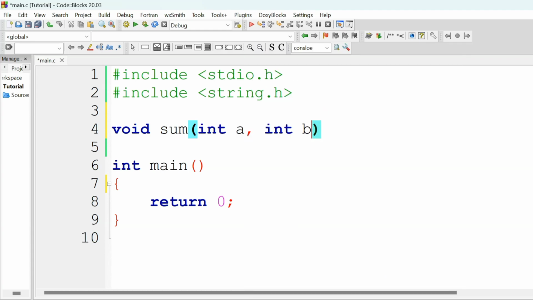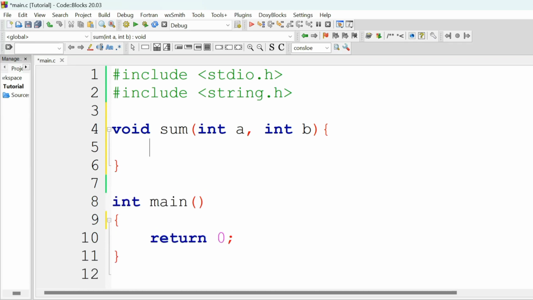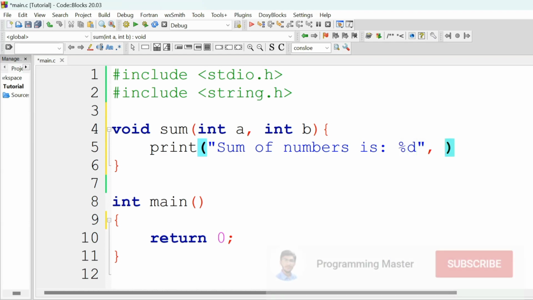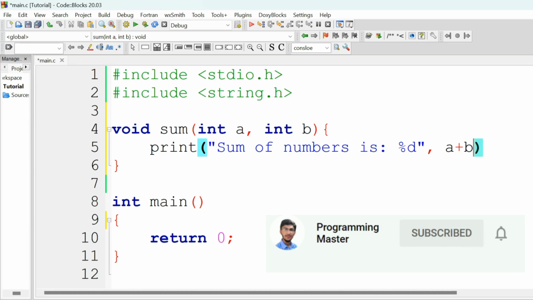It will display the sum of a and b, and in this function print sum of numbers is %d, and sum of numbers is equal to a plus b.